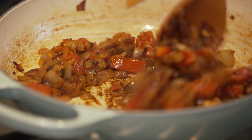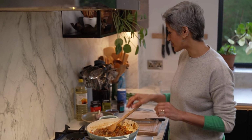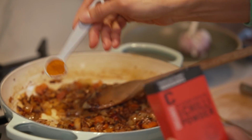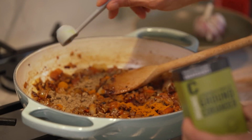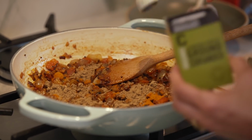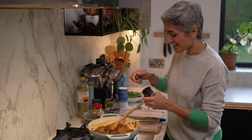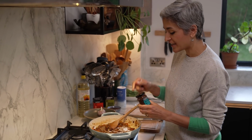Just going to add all the spices. This smells so good even without the spices right now. And I have got some nice chili powder, some ground coriander. I love using ground coriander. I think this is one of the spices that's not appreciated as much. Some salt, and also a hint of